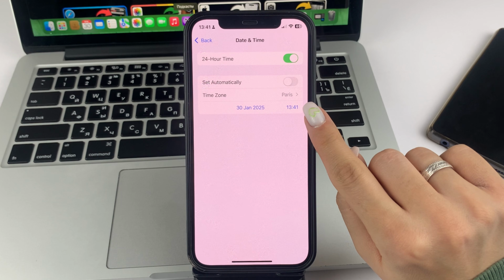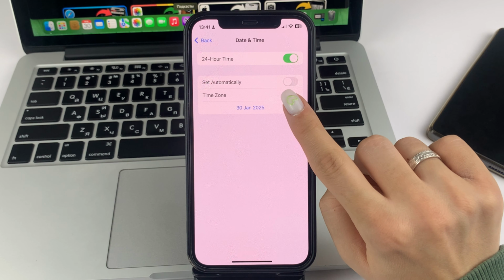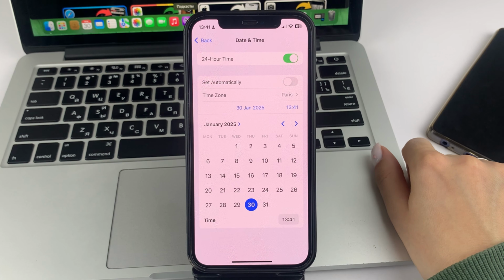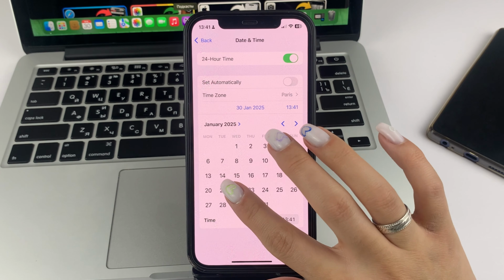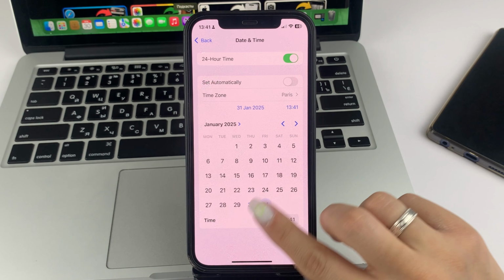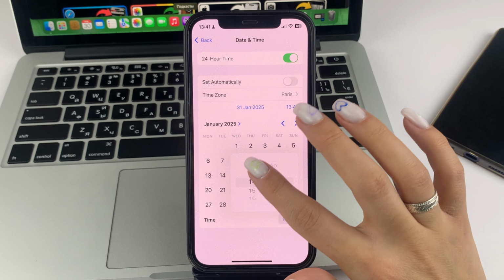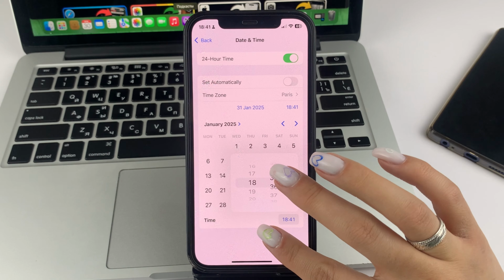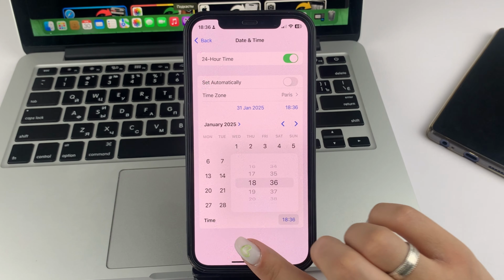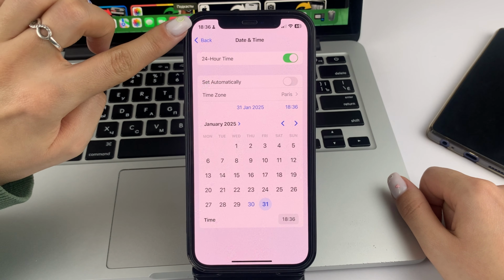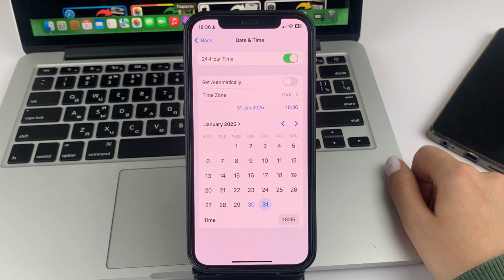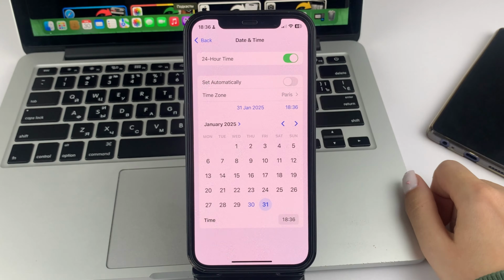To do this, you need to click on the time on the right side. You will see a dial like this. You can select the date you want, and then you can click on the time and you can select the time you want. So you're changing it. And it will be visible at the top on the left side where you have the time showing. The only thing you will need to do is click back so that all the changes are saved.